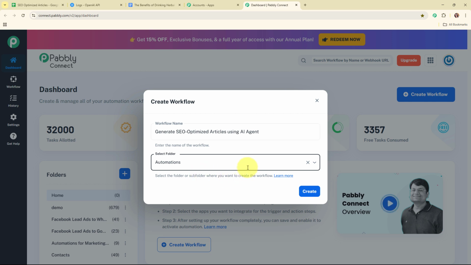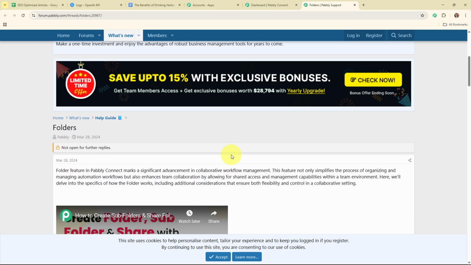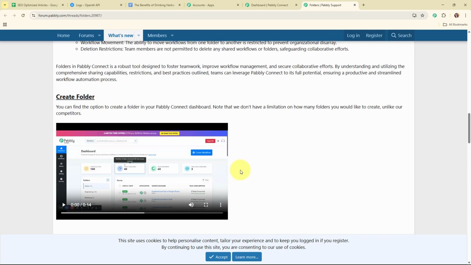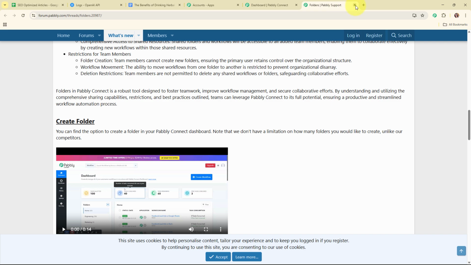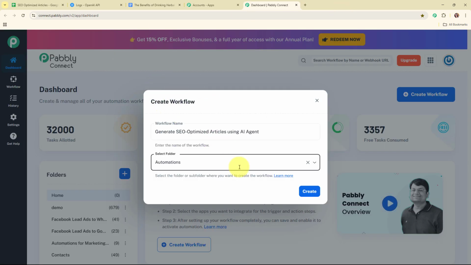And now here, to learn how to create a new folder inside Pabbly Connect, we are going to click on this learn more hyperlink given over here, and it will take you to a forum window where you can see all the instructions on how to create a new folder inside Pabbly Connect. Alright, so now let's move back to our Pabbly dashboard, and here to create a new workflow I'm going to